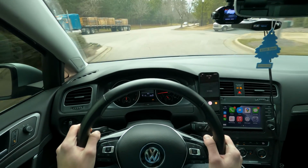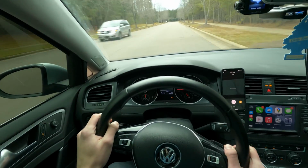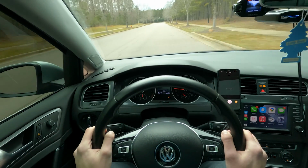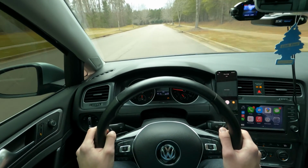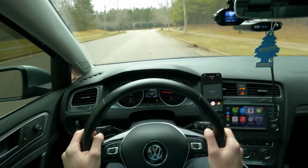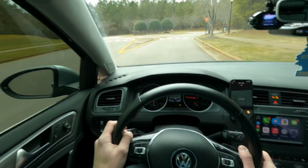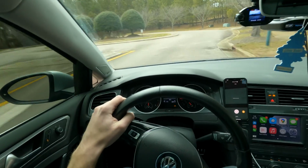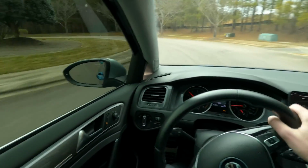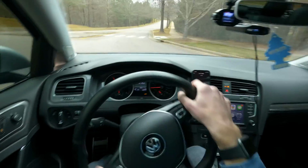So, how does this car drive? Well, if you've ever driven a Mark 7 Golf, you'll know that it's a very light and fairly well-balanced car, to be honest. Of course, it is still front-wheel drive biased. The Alltrack is all-wheel drive, but it is still front-wheel drive biased all-wheel drive. So, of course, it's not going to handle quite like a rear-wheel drive car, but, you know, when you do want to chuck it around a roundabout or a corner like this,